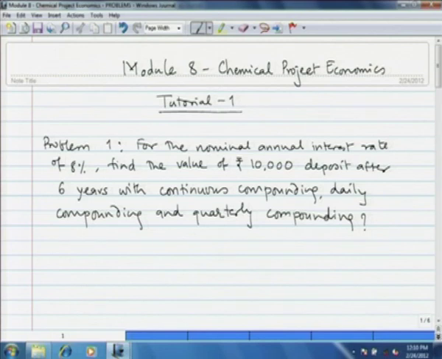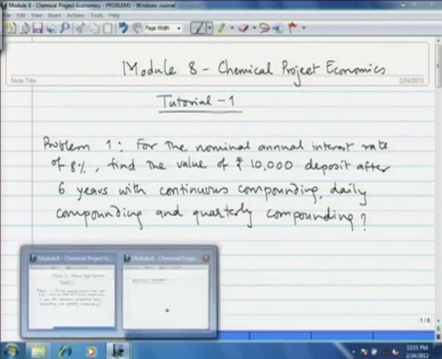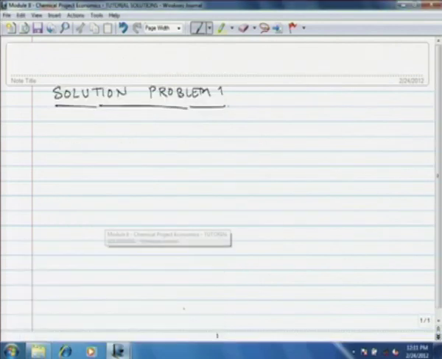Problem 1. For the nominal annual interest rate of 8%, find the value of rupees 10,000 deposit after 6 years with continuous compounding, daily compounding and quarterly compounding. Now, we have already seen various formulae or theoretical treatment for these three kinds of technique. For continuous compounding,